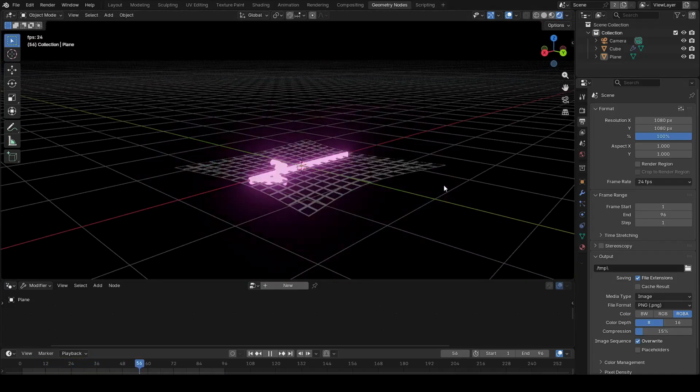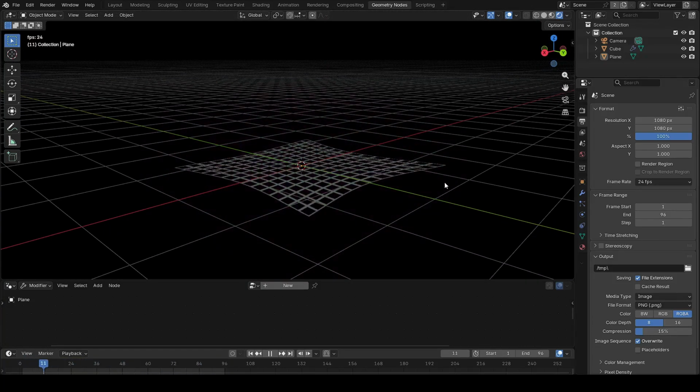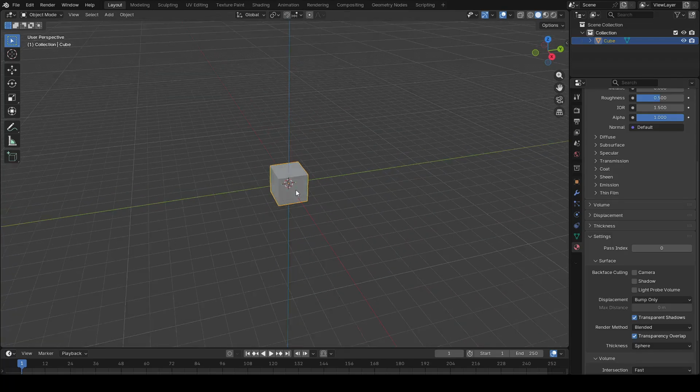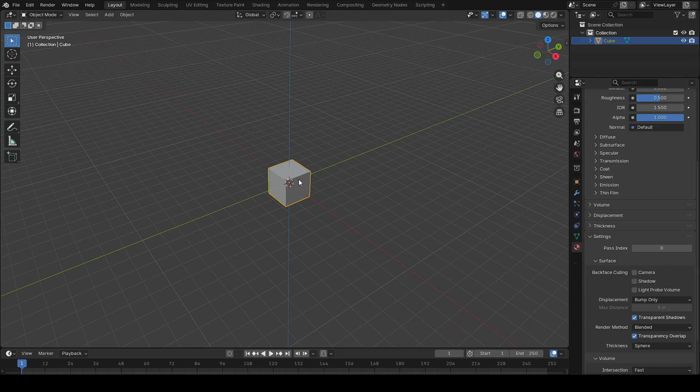Hi, in this video I will use geometry nodes to create this animation with the help of a very special node called shortest edge paths along with a few more nodes. Let's get started. I'll first remove this cube